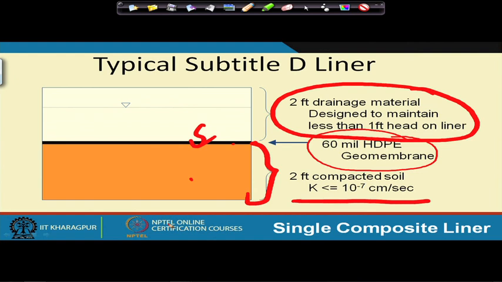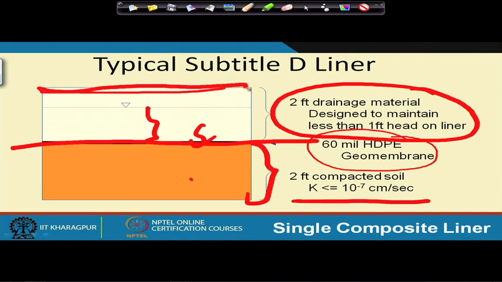On top, if you are putting this barrier layer here, the water will start ponding up. So we need to remove the water which is ponding here, which is essentially the leachate. So we put 2 feet of drainage material, and that drainage material will essentially help in terms of all the